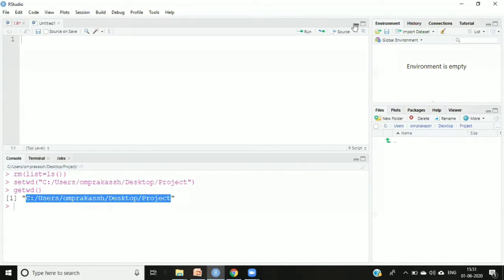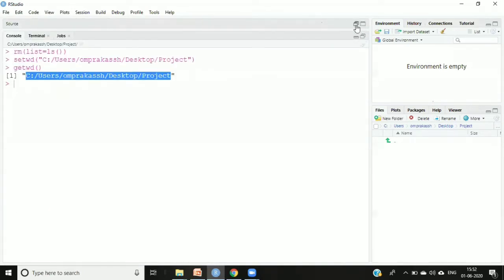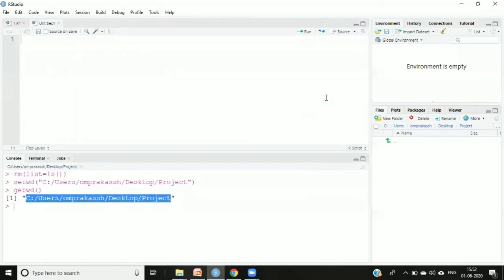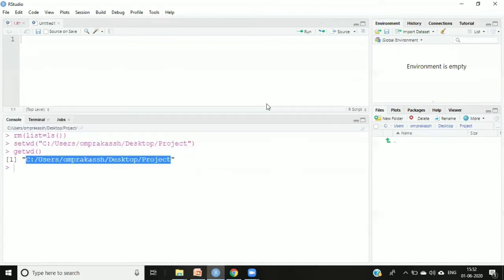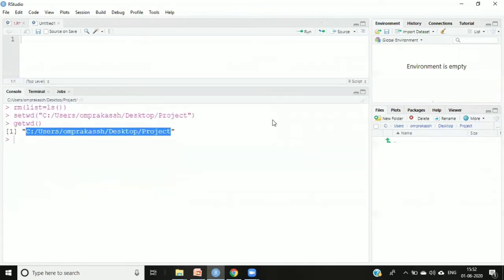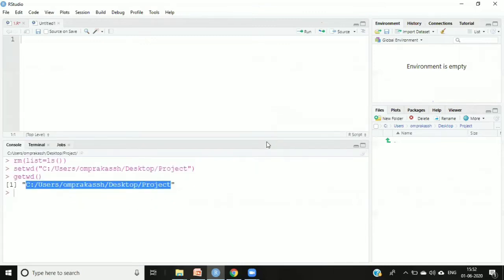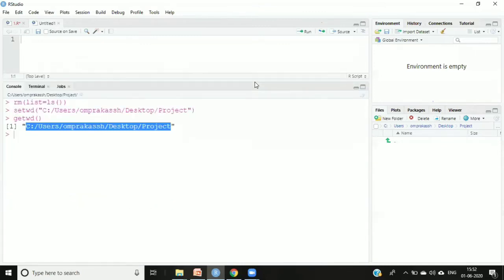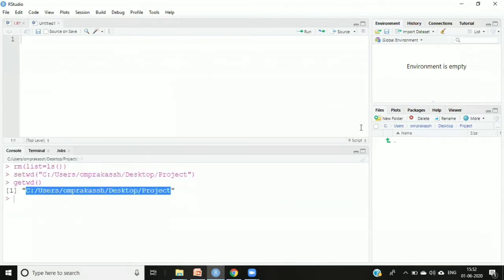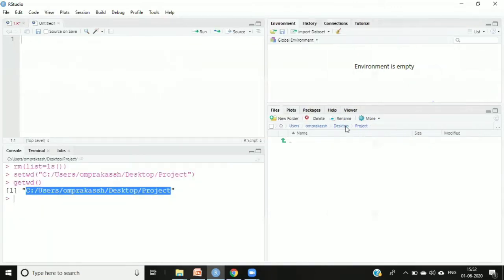For example, if I click here, see, now I'll click there. So I'm getting it in this way. If you click here, it will minimize. If you click on the bigger icon, it will maximize. So you will have to adjust in that way. You can also drag here and there, up, down, right? Just click on that, hold it, and drag it here and there. Similarly, you can drag this one, right?